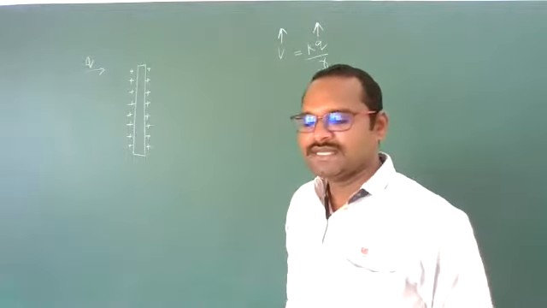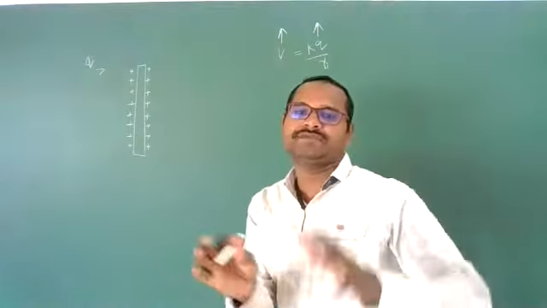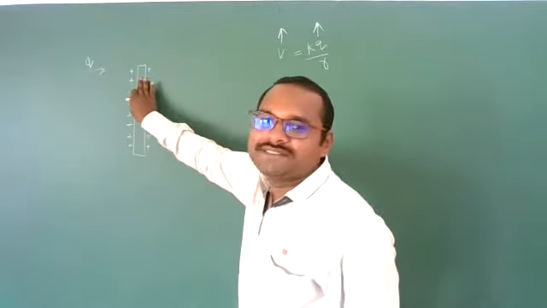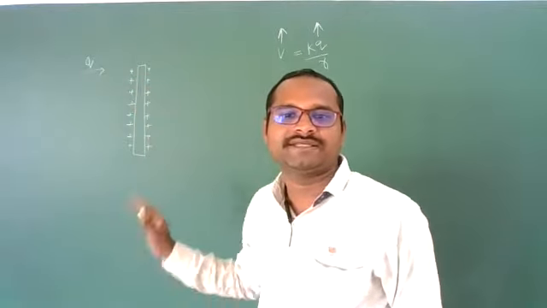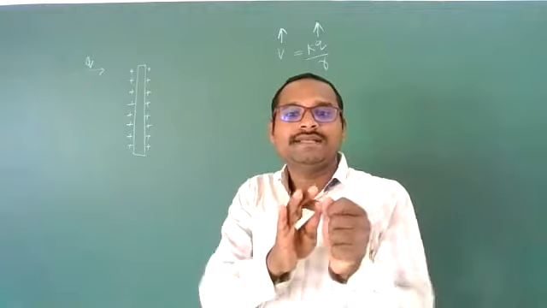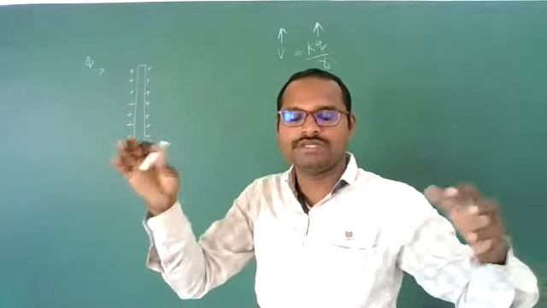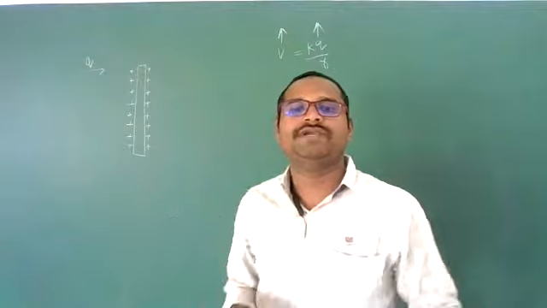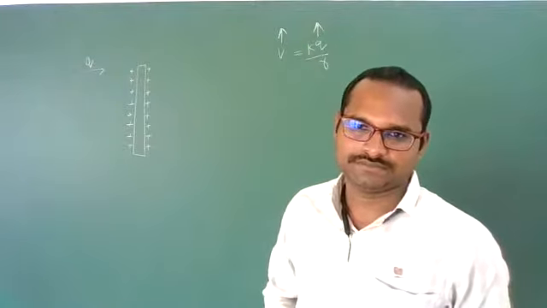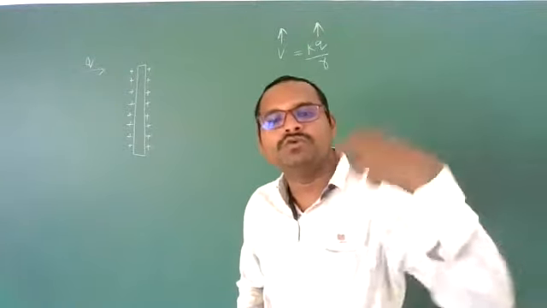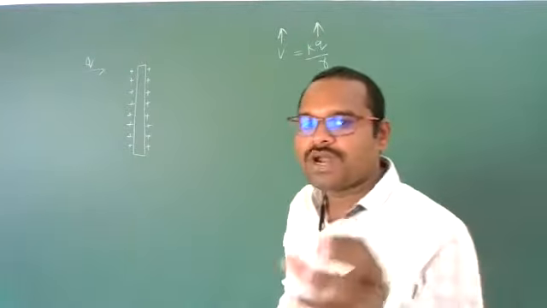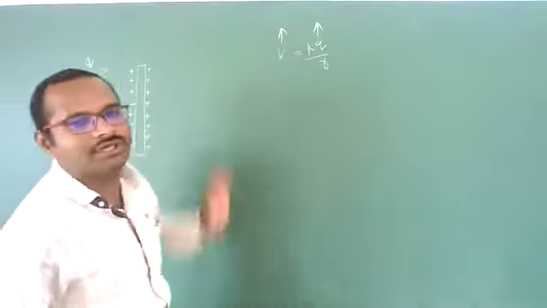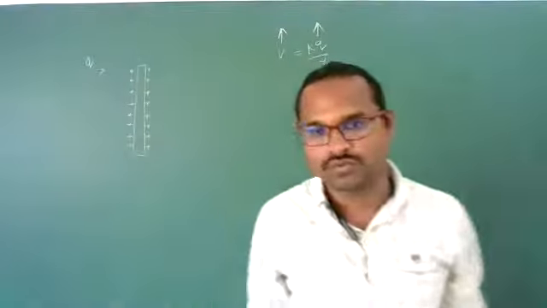Clear, students? If the potential of any conductor becomes higher and higher, then the charge present on the surface of that conductor will leak to the surroundings due to overload. It means we cannot store more charge on a conductor. To store more charge, we need to decrease the potential so that it does not increase further.